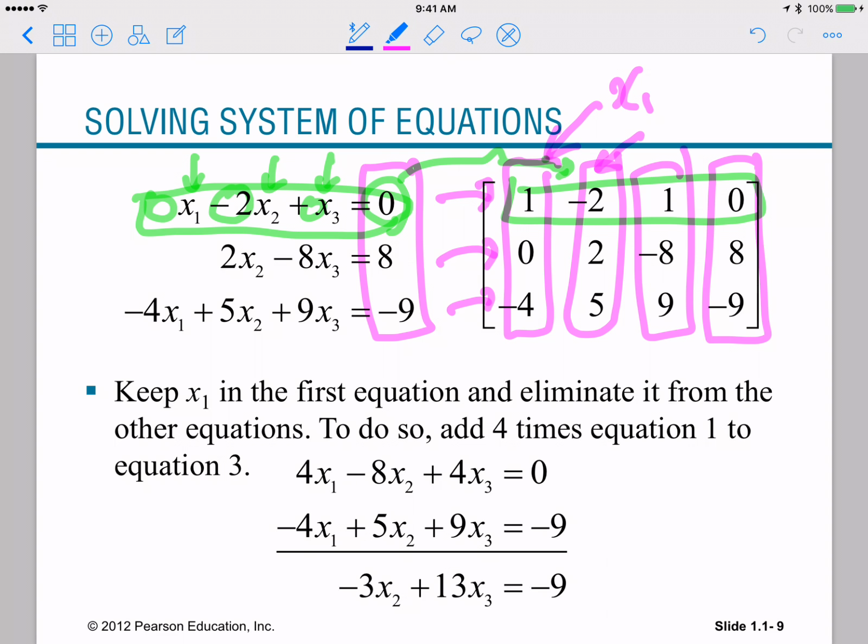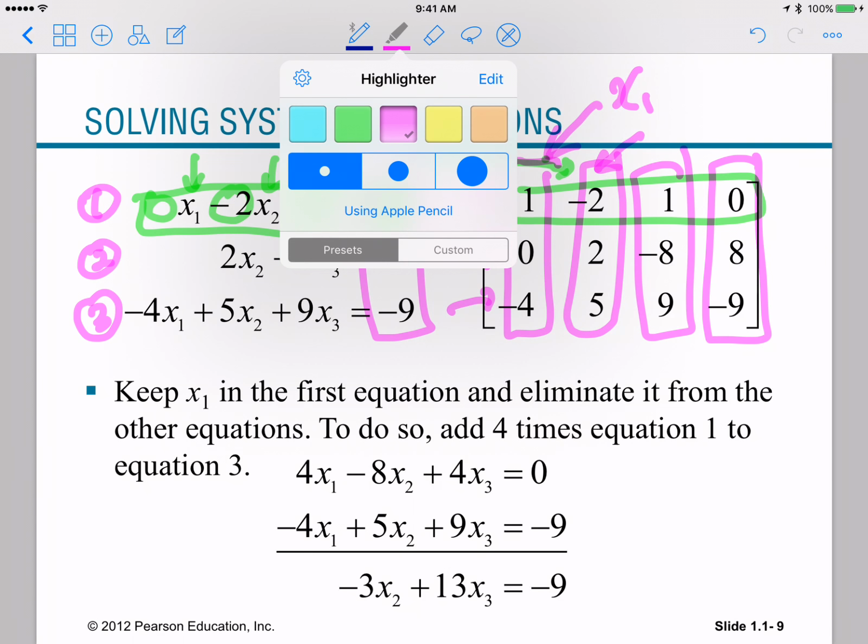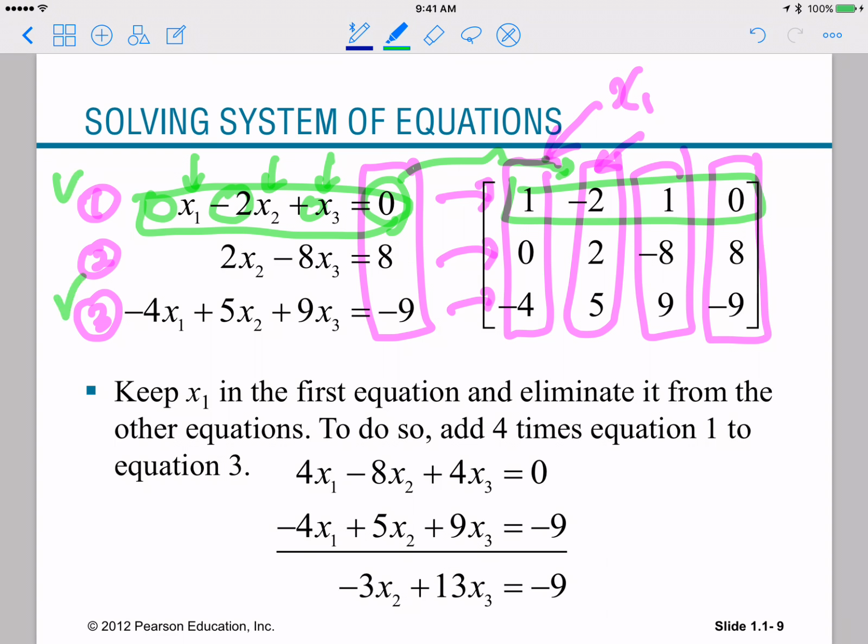So first, let's pick up these two equations, the first one and the third one, and then let's try to eliminate the variable x1 from the third equation. In these two equations, we see all the variables x1, x2, and x3 in both equations. So we want to remove one of them at least from one equation. So how we do it is